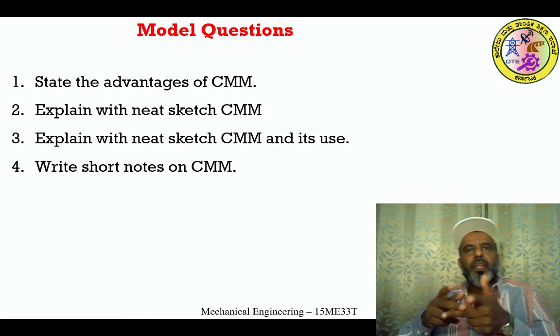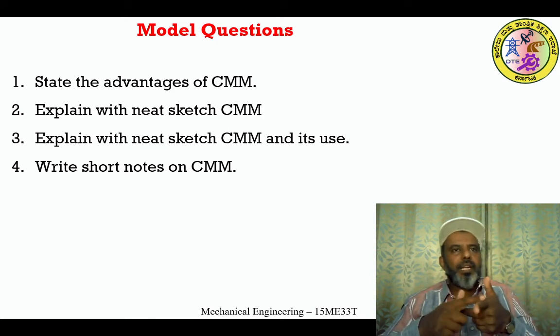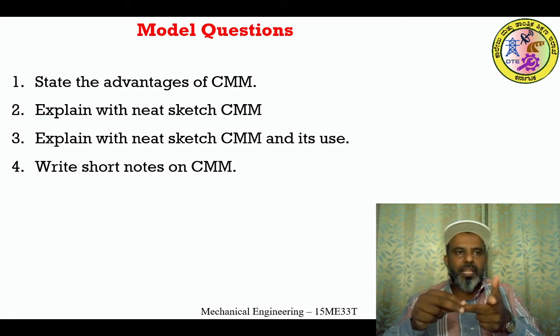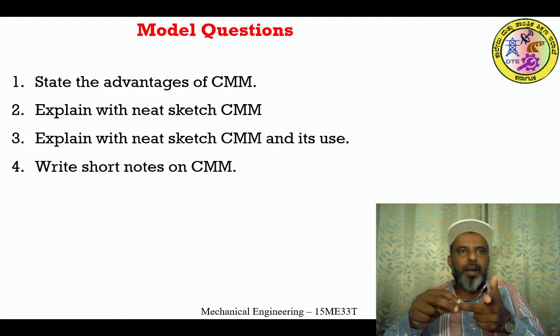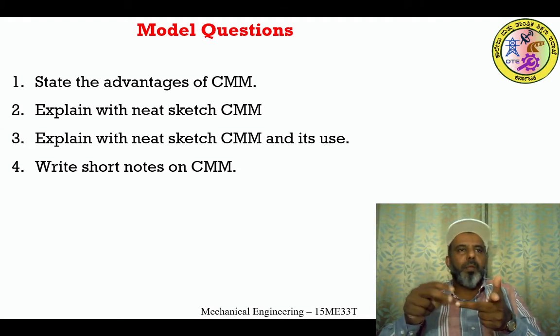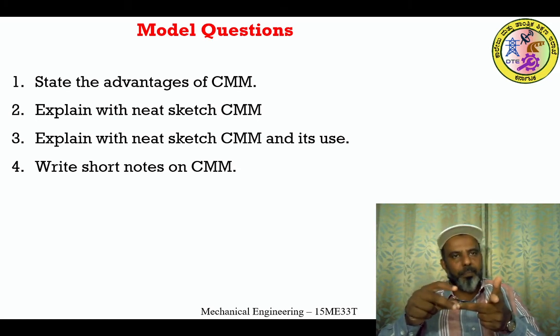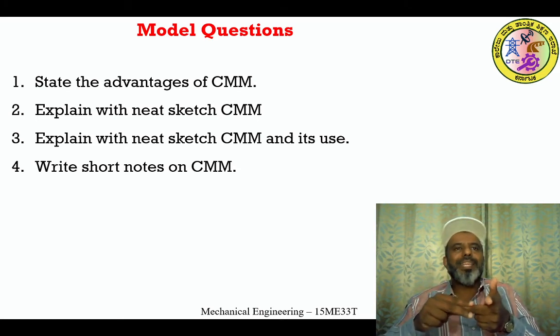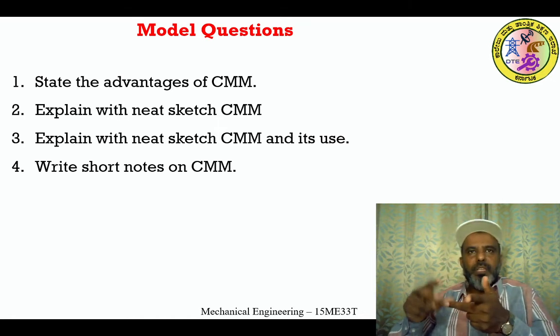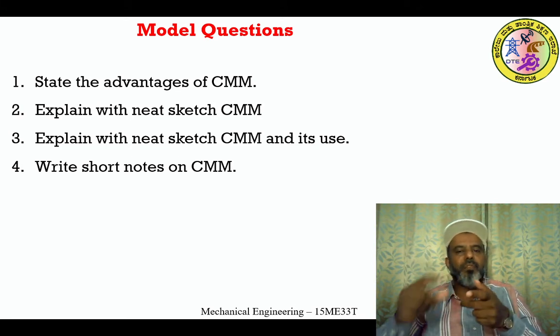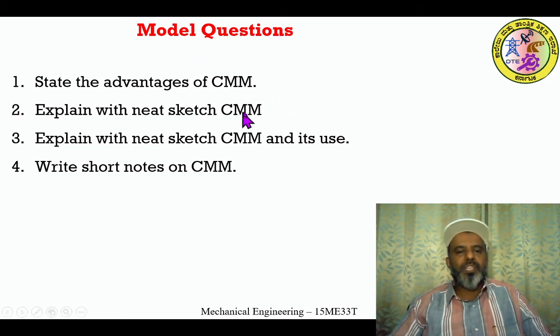And also there will be a measuring head, and this measuring head consists of a probe, and there are different types of probes, like ball tip, or it may be a taper tip, or a laser tip, or a monochromatic white light tip. And these are mounted on the Z axis, that is the third axis, and the machine which gives the readings in 6 degrees of freedom is referred to as the CMM. For the sketch, generally they are going to give 2 marks, and for the explanation they are going to give 3 marks.